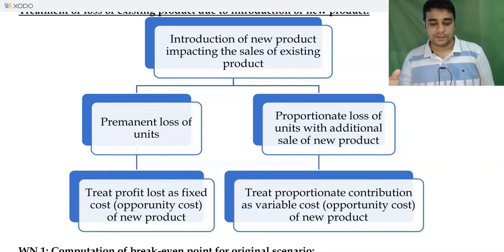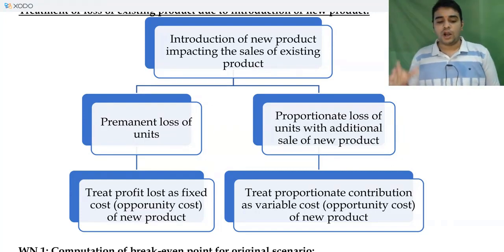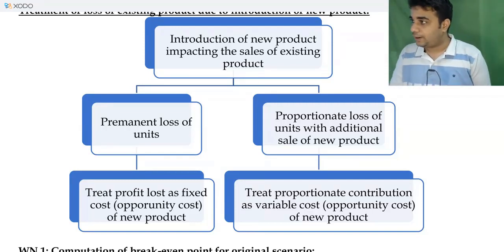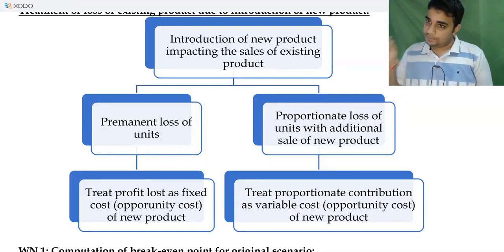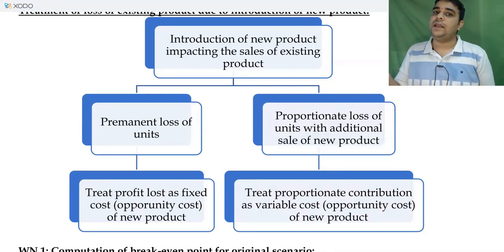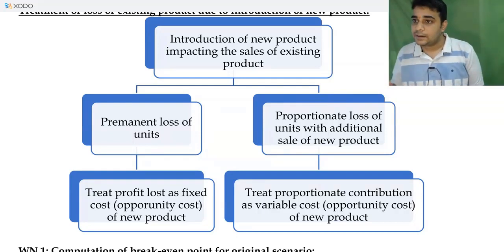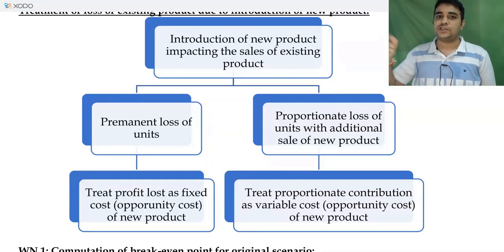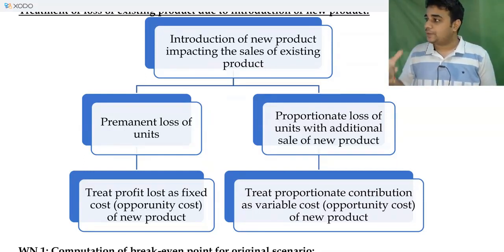A third scenario is not a permanent closure, and also not fully proportionate. The question will say, the moment you introduce a new product, you will lose sales of the existing product, first 2 lakh units. It will fall by 2 lakh units the moment you introduce it. On top of that, every 5 units, 1 unit will be lost. So it's a combination of both, permanent as well as proportional. Wherever there is a permanent loss, it could be 1 lakh unit, 2 lakh unit, 5 lakh unit, 10 lakh unit, 15 lakh unit, or the entire units.